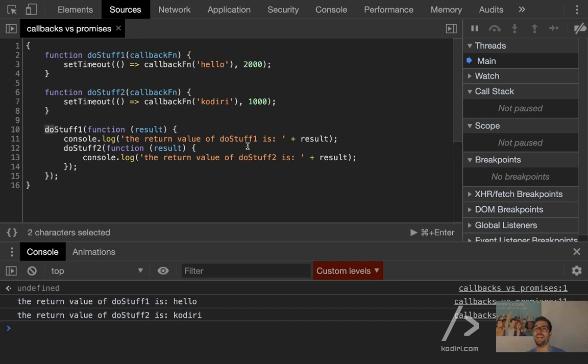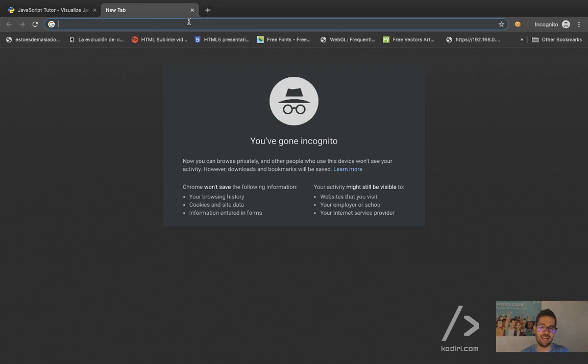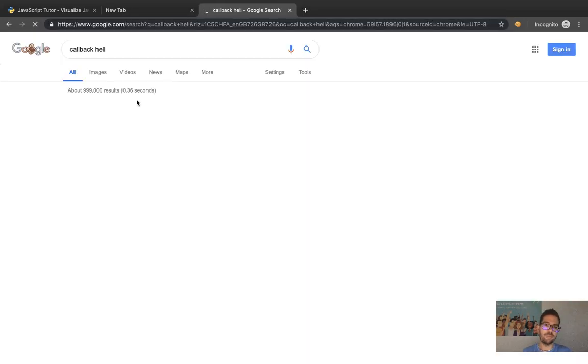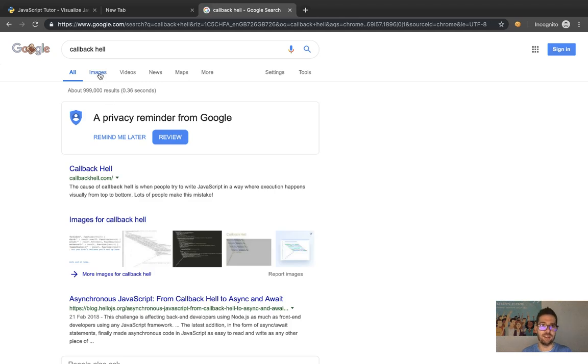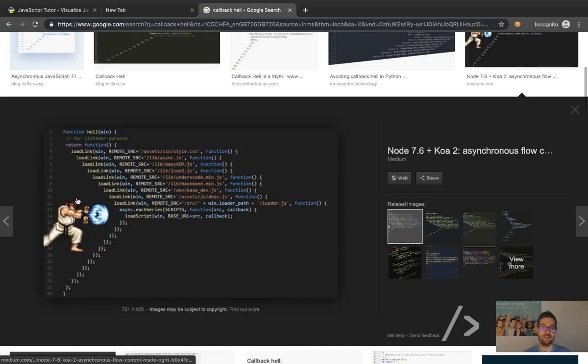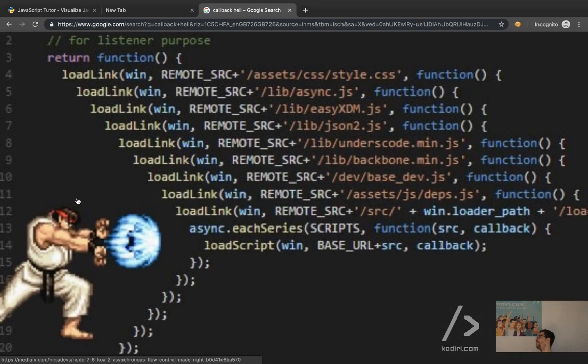You remember the callback hell? Do I have to show you the picture again? Callback hell, right? The indentation. You see on the right hand side, function. This is a bit stressful and error prone.